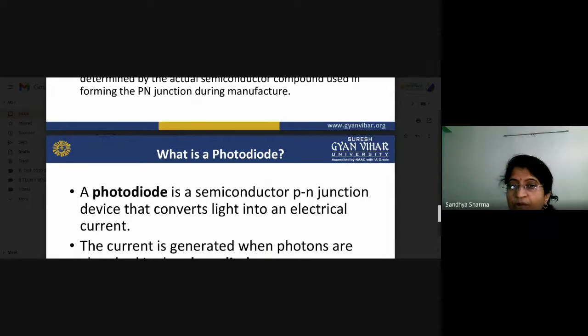And what about the photodiode? A photodiode is again a semiconductor junction. But what will happen here when light is focused on the photodiode? It will convert that photon energy, or light energy, into an electrical signal. So the photodiode has a reverse operation with respect to the LED. Whatever function is performed in the LED is the reverse of our photodiode, because a photodiode converts the light signal into an electrical signal.